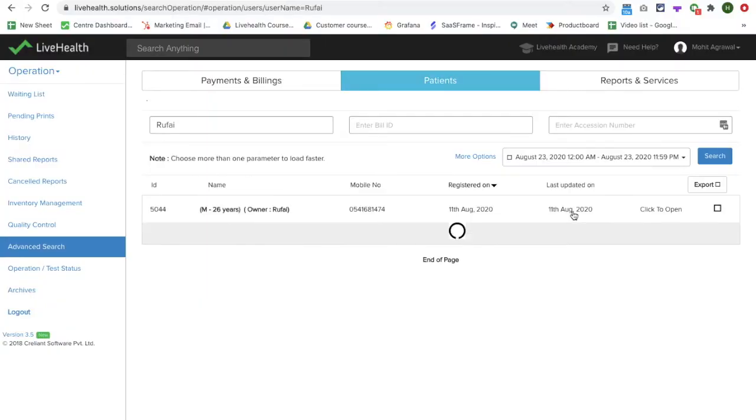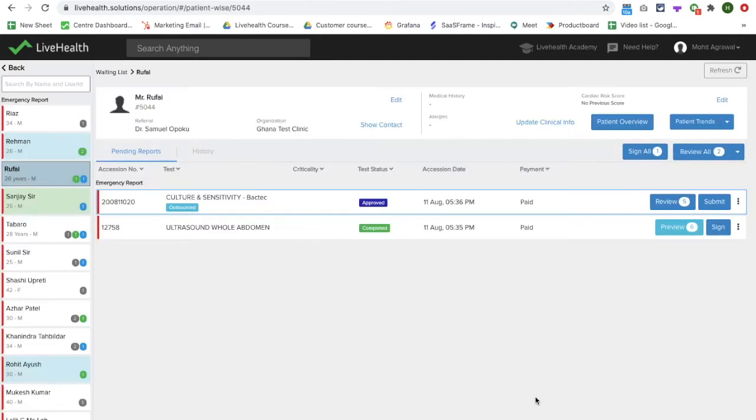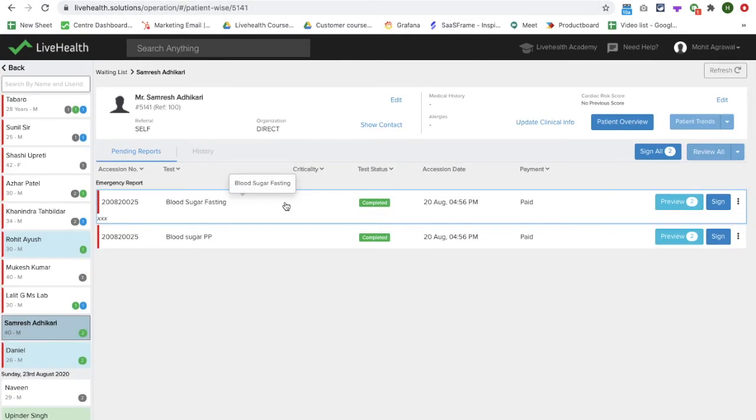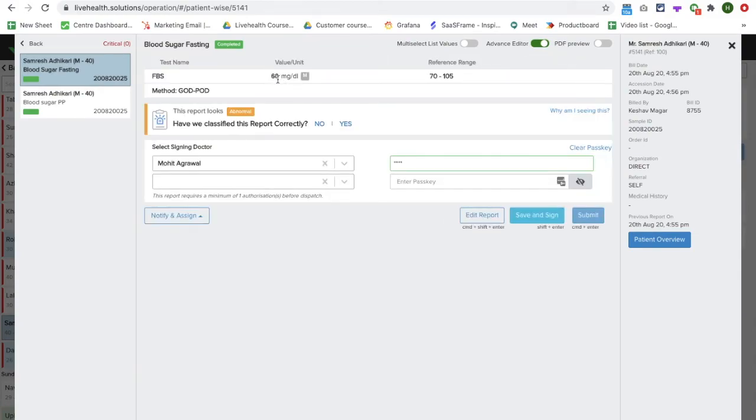If we search the report, you can see the report status is dispatch. Okay, so that is the regular flow of reports. Now there are certain other flows which we can check, that is about redo report. Suppose I'm doing a test and I find that the report values don't seem correct, say the value of fasting blood sugar seems a little off, and you want to redo the test with the same sample,